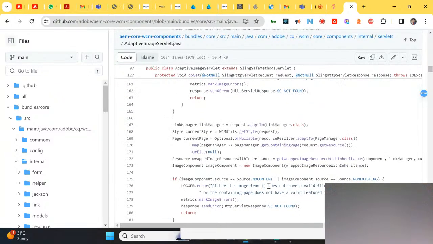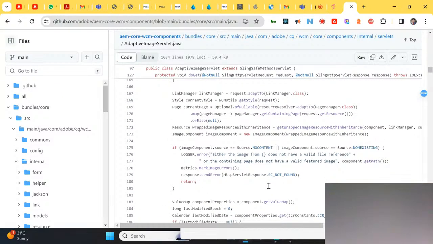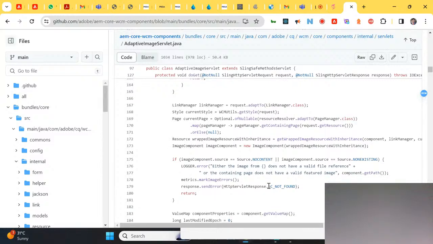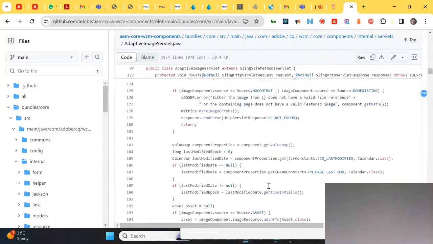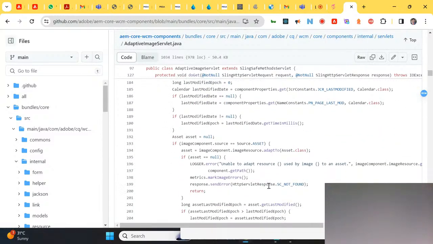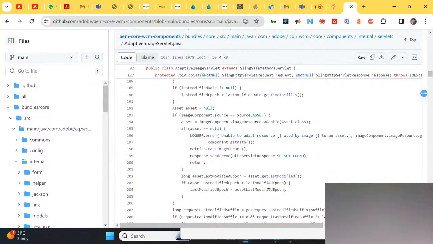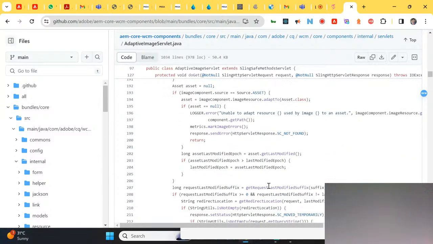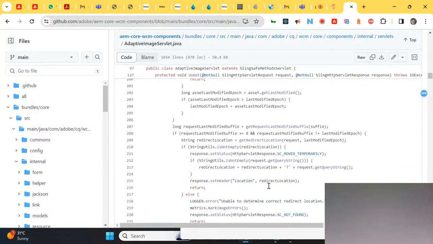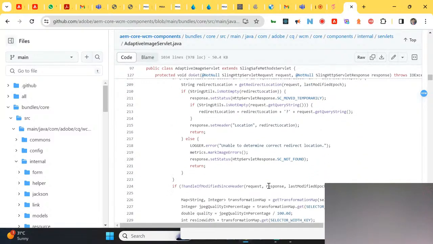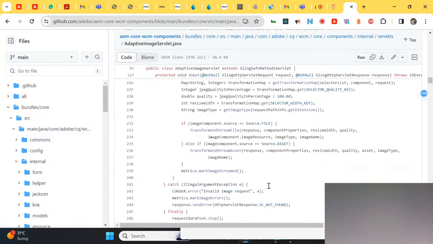I'll show how rendition is created. Okay, so it's a big servlet.